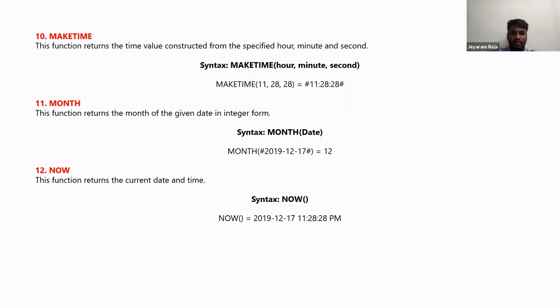We can write a calculated field, week of particular date is equal to week of today, then show so and so fields. So only the data for the current week or the current month will be visible in the particular tab, wherever you want to filter. So it will be dynamic. You don't need to go and change the current week or current date every time. If we write dynamic fields using now or today, we will be able to serve the purpose. So these are broadly the date functions.